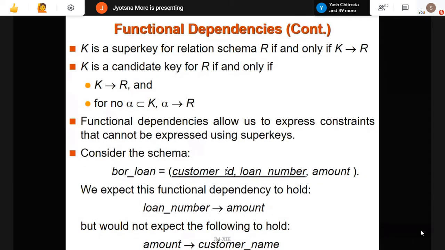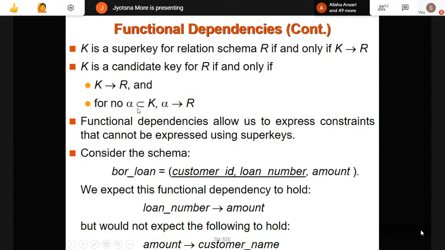Okay, now next. K is a super key for the relation schema R if and only if K determines R. If your K determines the complete R schema, then we can say K is a super key. K is called a candidate key for R when K determines R, as well as for